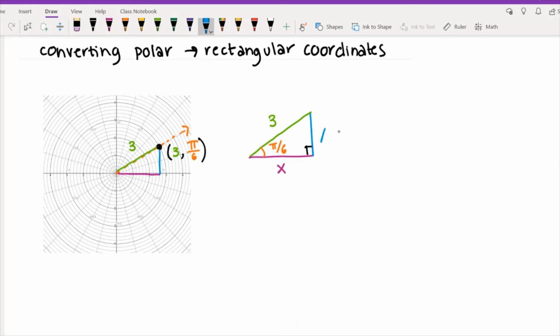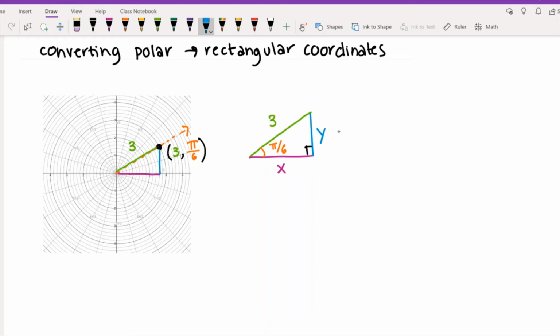Well, in this case, we actually have a special right triangle, right? It's pi over 6. So you could actually just use, thinking back to the beginning of the quarter, what we learned about the different ratios for the sides of special right triangles. But let's say you forgot that. So if you forgot how to write down the side lengths of a 30, 60, 90 triangle with a hypotenuse